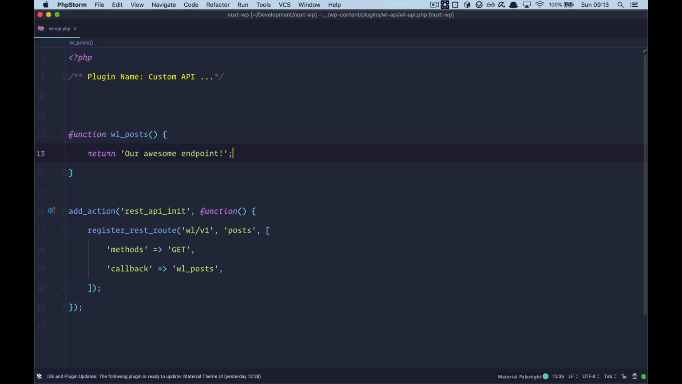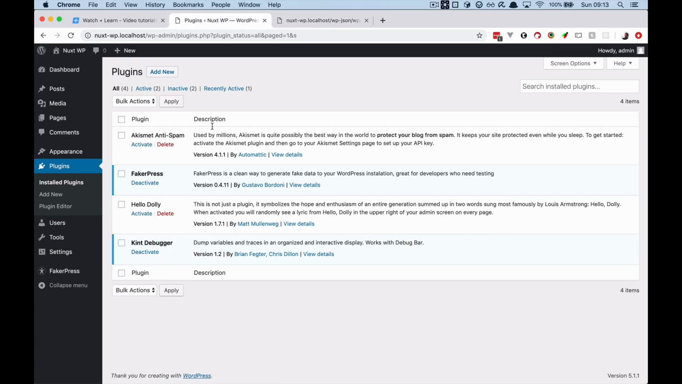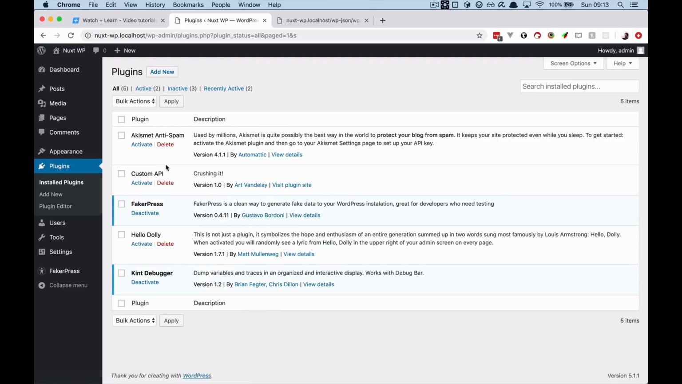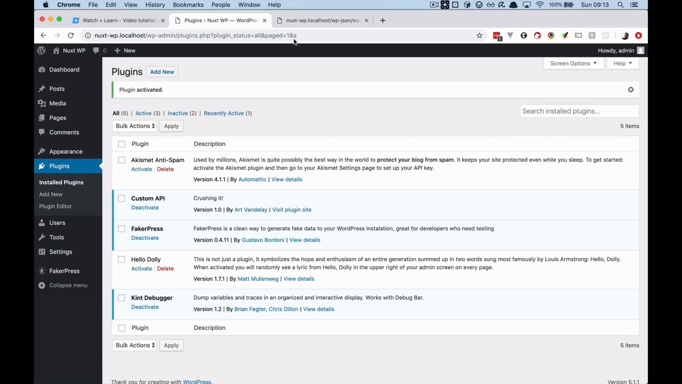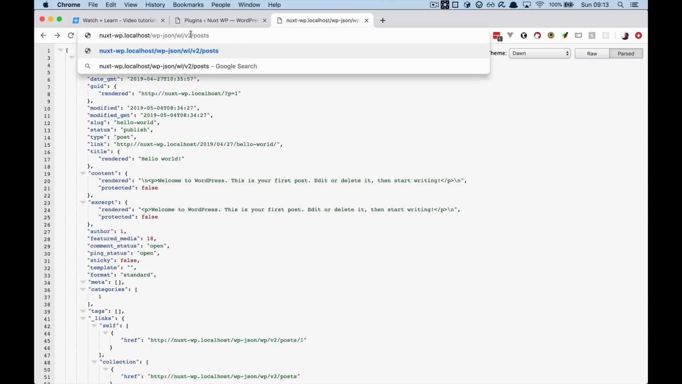Okay, but this of course won't work immediately, because first of all you need to go to your WordPress dashboard. You go to plugins, and as you can see, we got this custom API plugin, crushing it. Activate it, and then if we go to WL V1 posts, we get our awesome endpoint. So now we have our endpoint, and then we can do whatever we want in this function and display whatever